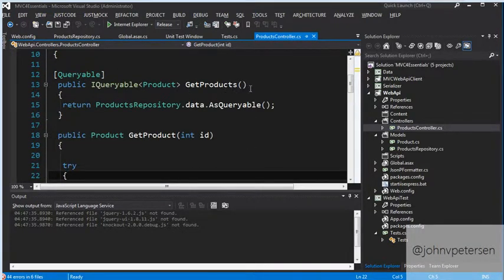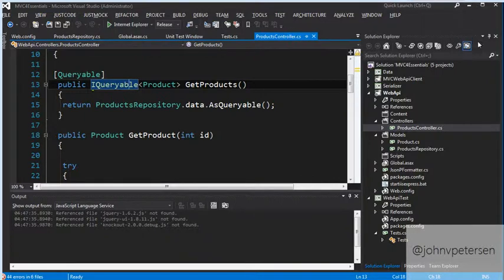If you pass an OData type of URL, it will just work with it and return you the subset. The key is that you have to use the Queryable attribute, and of course this has to be an IQueryable. I think in the README somewhere I have an example of that. So that's how that would work.